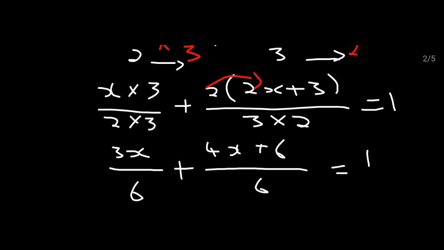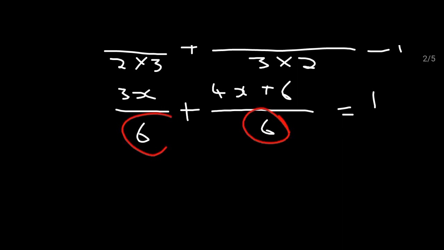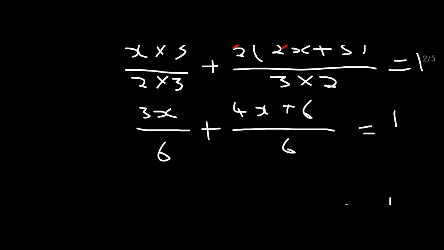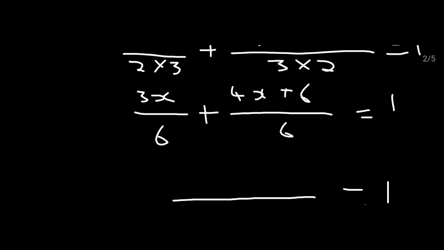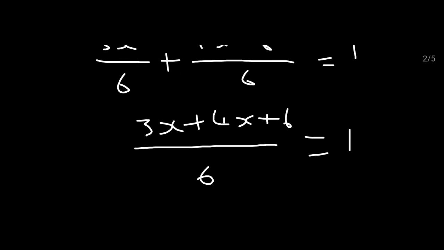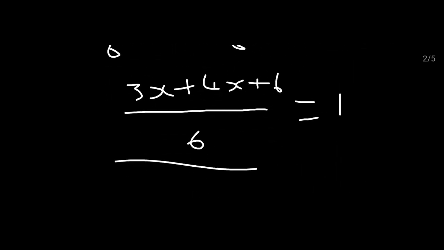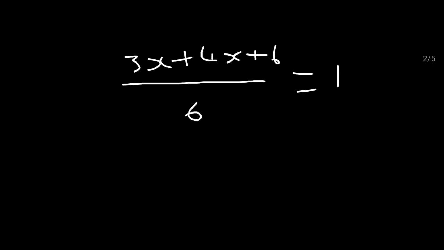Now we have fractions still, so we need a common denominator, meaning we put them all over one denominator of 6. So we write the numerators: 3x plus 4x plus 6 over 6 again. And then now we have a fraction on this side, so we take 1 and write it as a fraction, we write it over